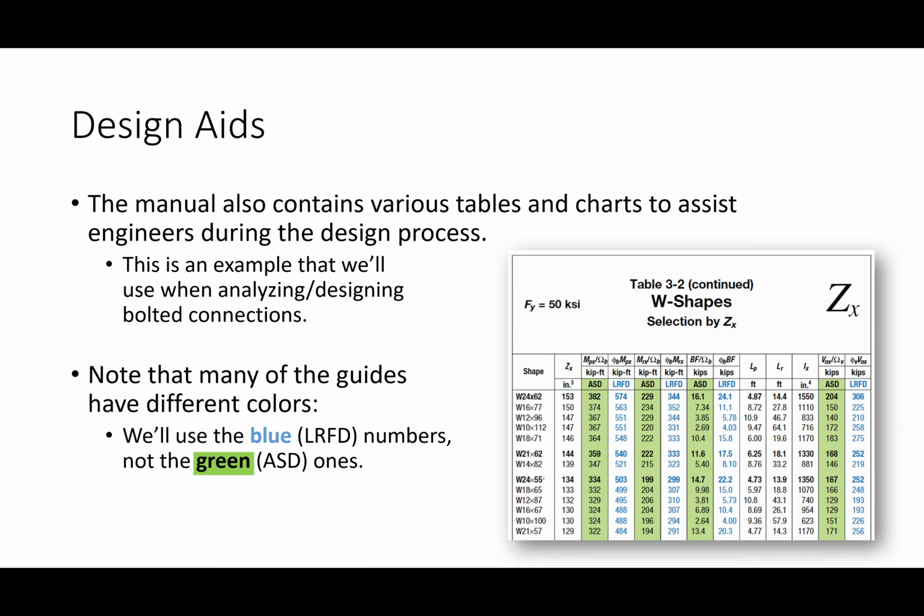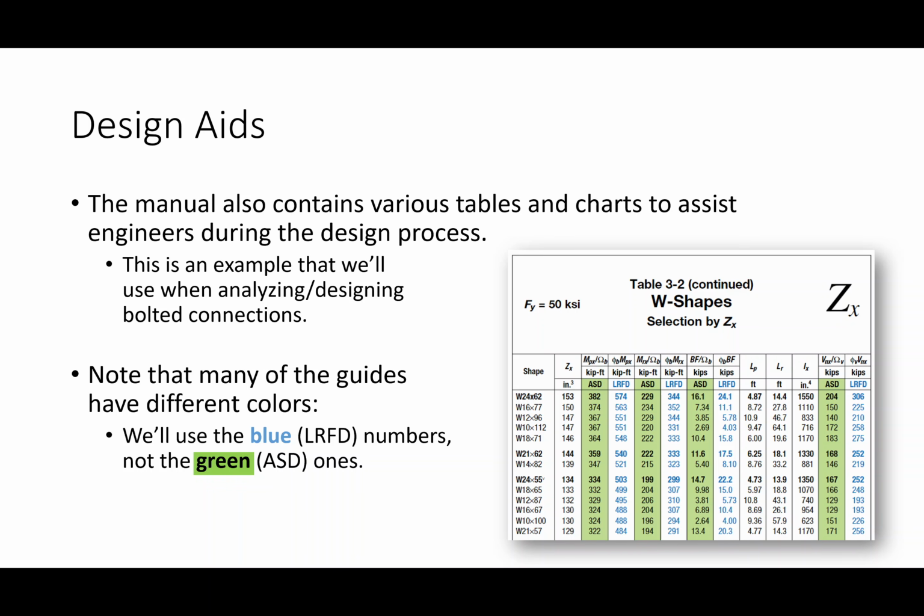Okay, the design aids, like I said, this is what you pay for. You can find design aids really by just flipping through any central part of the manual and finding any table that's colored like this. You'll see them all over the place, and there's oodles and oodles of them. You'll know you're in design aid land when you see the green and the blue, okay? And that's not to say that every design aid is colored that way. There's a couple that aren't, like coefficients for eccentrically loaded connections, lower bound moments of inertia, sometimes those are the same. But for the most part, you will find design aids that have a green or blue